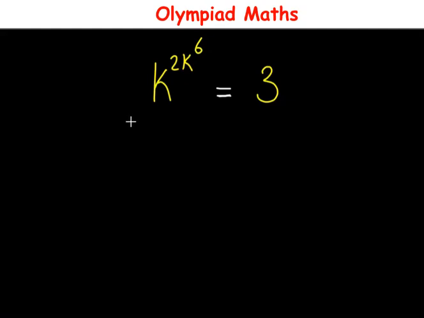Hello everyone, in this video let us solve this question together. So we have k raised to power 2k raised to power 6 is equal to 3, and here we have to solve for the value of k. K is the unknown to solve for. To solve this,